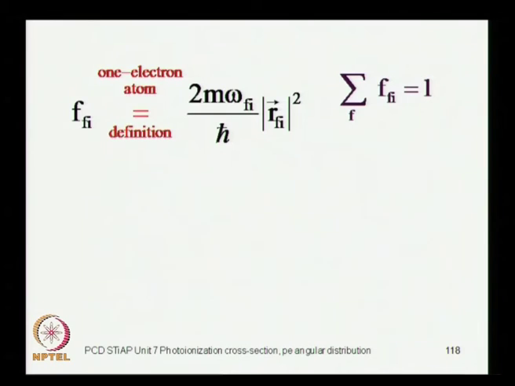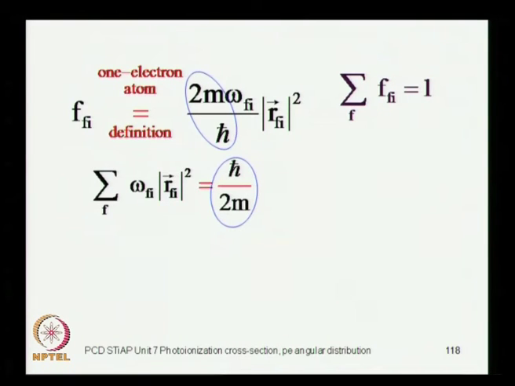So these are the sum rules, and notice that there is a 2m over h cross over here. So I can rewrite this sum rule, which is a summation of all of these terms. But if I write this sum rule without this 2m over h cross factor, so sum over f of omega times the modulus square, this will obviously be equal to h cross over 2m. So you can write this as a sum over f of omega to the power 1 of the modulus square. It is the same thing, except that